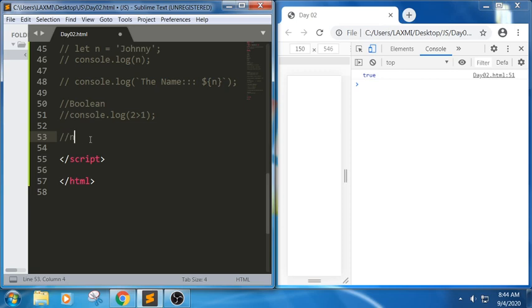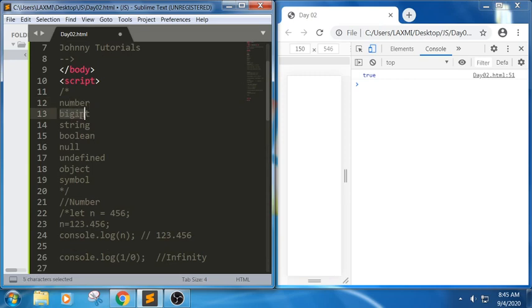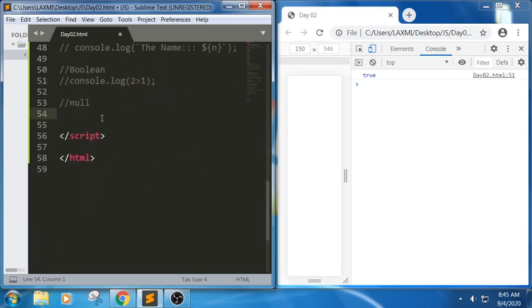Let us consider the next one, null. We have discussed number, bigint, string, Boolean, and the next one is null. What is the use of null? In most programming languages, null means a null pointer or a reference to a non-existing object.